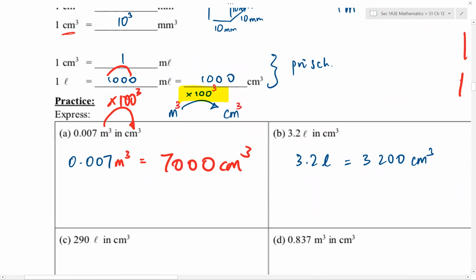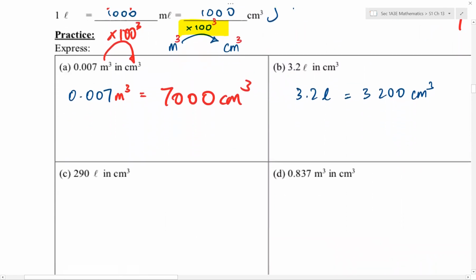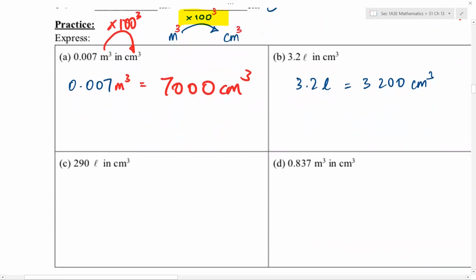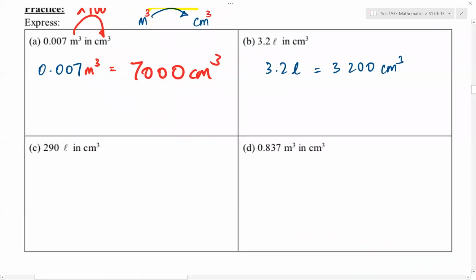Part B, changing liters to cubic centimeters. Okay, this one is your primary school work. I will ignore that, part B. Part C is also your primary school work. I will ignore that. You are expected to know. I don't even want to give you the answer. You should have confidence. Now part D,